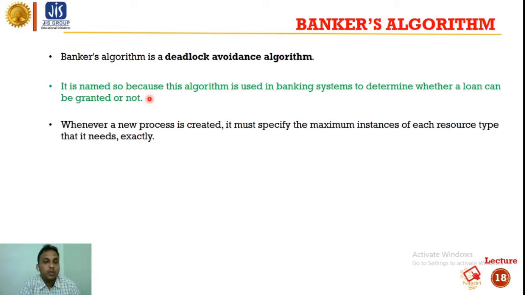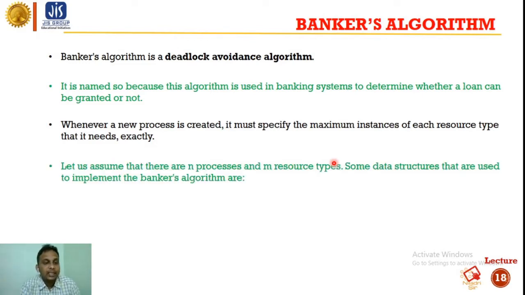Whenever a new process is created, it must specify the maximum instances of each resource type that it needs exactly. So when a process is created, it also must specify how many resources it requires to execute that particular process. Let us assume that there are n processes and m resource types. Some data structures that are used to implement the banker's algorithm are: